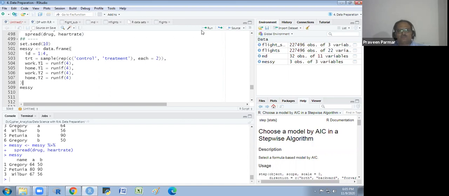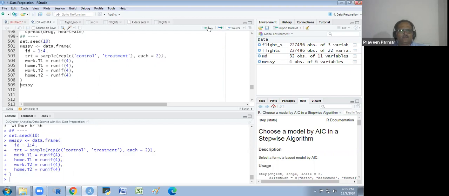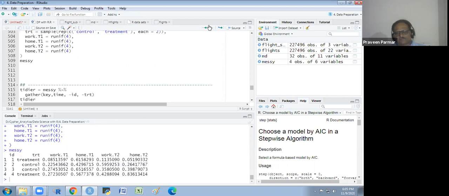I just show you, don't go into how I create it, just see what this is. T1 and T2 are the shifts, and work and home are the location. Does that make sense to everyone? Got it?